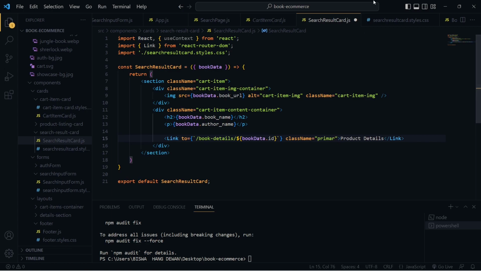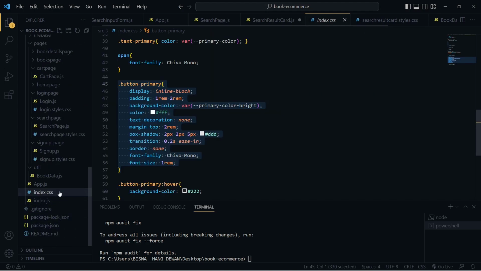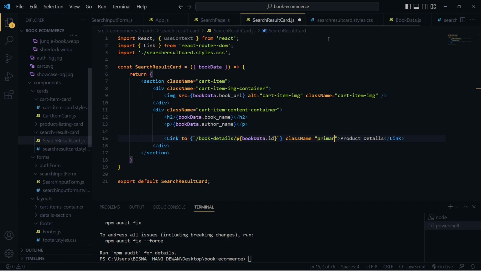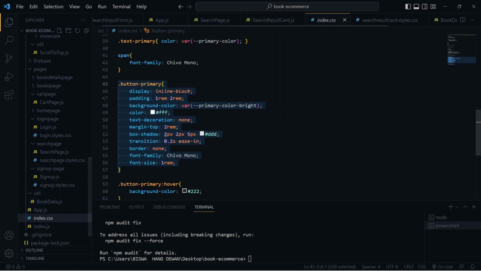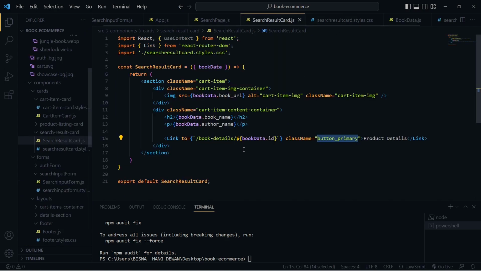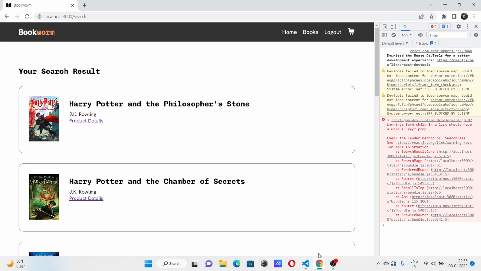So className of primary button, I think it should be primary button. Okay, it should be button primary. So button-primary. All right, let's just save this. Again, button-primary is a global class that we have for the orange colored button, and I want the same button, so I've just added the same class. So if I save this and go over here,